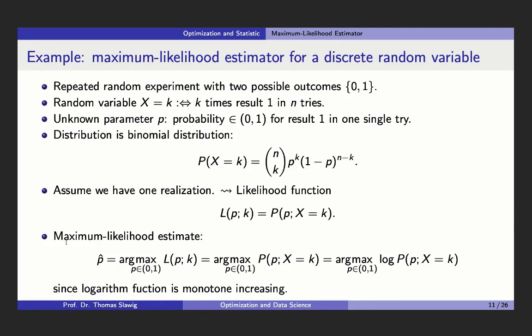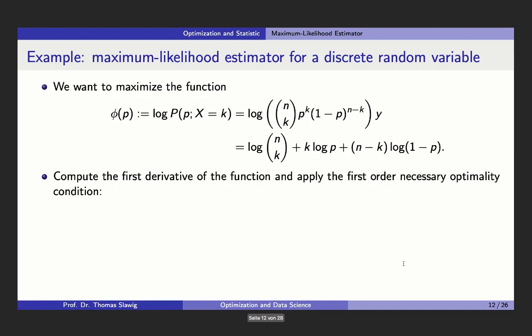If we now perform the maximum likelihood estimate, so we are looking for the maximum of the likelihood function, and this is this probability, we can also take the logarithm because we have to compute the maximum of this function. It's easier to compute the logarithm of this function because the logarithm function is monotonic increasing. So if we're maximizing p, we can also maximize the logarithm of p. And if we do this,